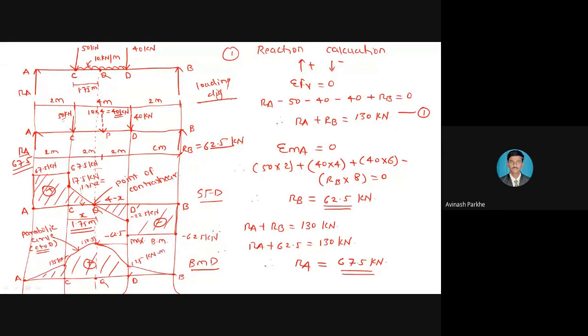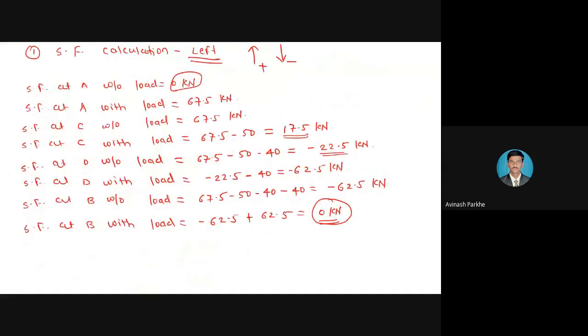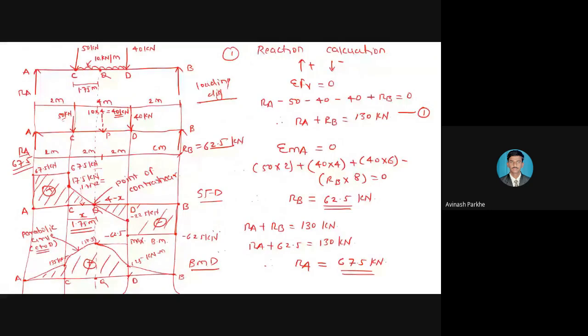And from the calculation also, it has been observed that at point Q, the bending moment will be maximum. And that point is called the point of contra shear, where shear force is 0 and bending moment will be maximum. Same procedure we have followed as for the previous problem, in which we went for the reaction calculation, then SF calculation. After the SF calculation, when I draw the diagram, I get a new point, which is called point Q. And that point Q is called the point of contra shear. But at that particular point, bending moment will always be maximum.